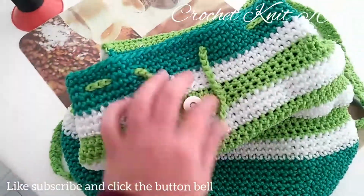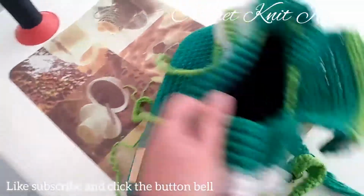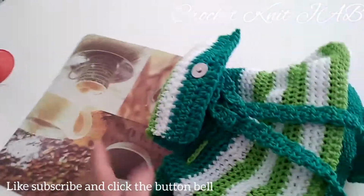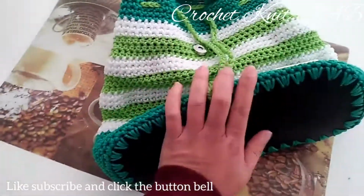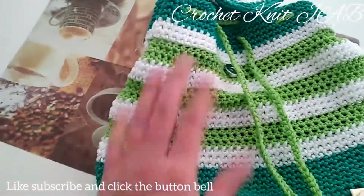So this is it. I'm finished with my another backpack. This is my fourth backpack, but this is one of the most beautiful color combinations, I mean,